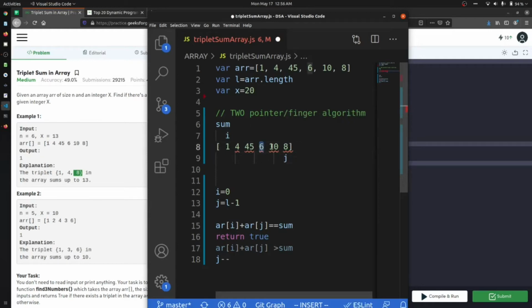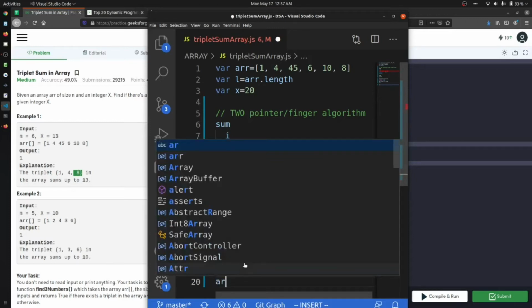One of the main prerequisites of this type of question is that your array should be sorted. So we will decrease j to this point. At this point we have j at 10.